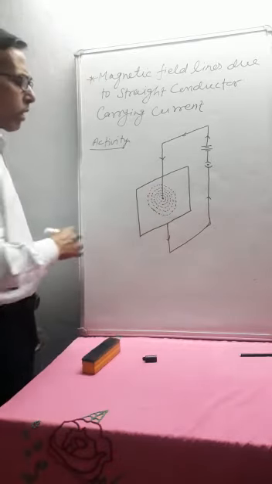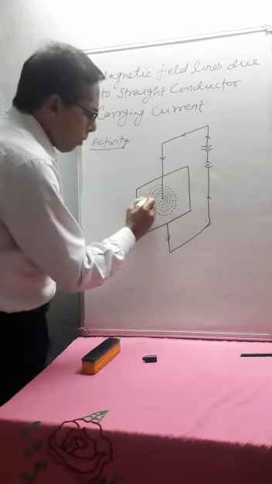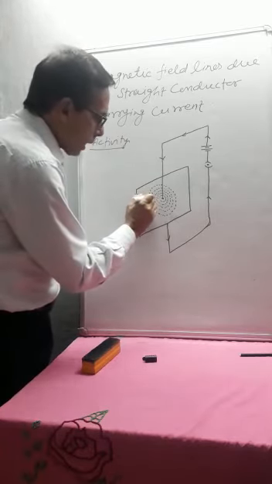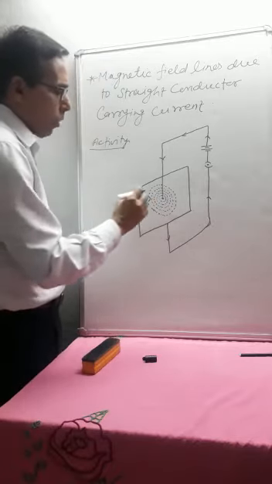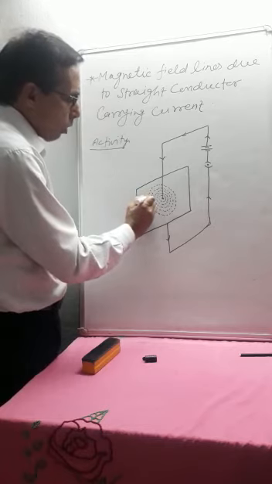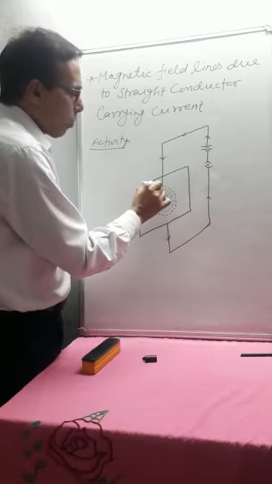Now how do you find out the direction of magnetic field lines? If you place a magnetic compass needle here, then you observe that the direction of the north pole will be towards the clockwise direction. If you place it here,